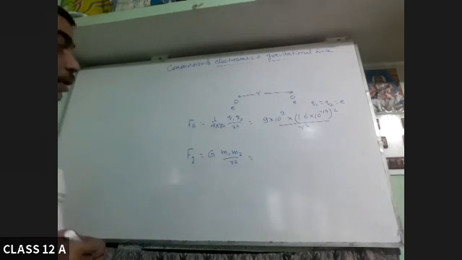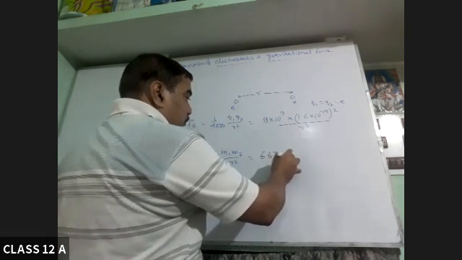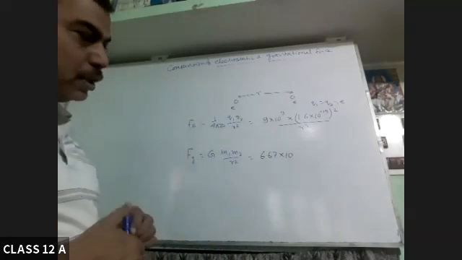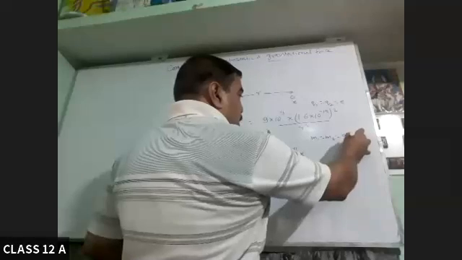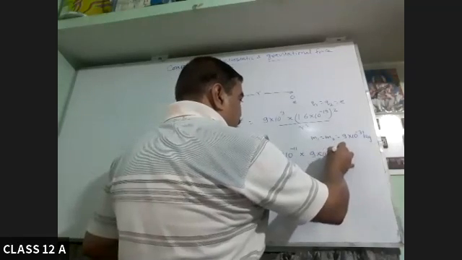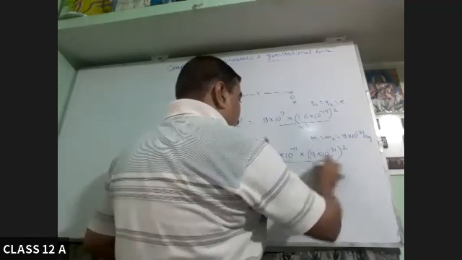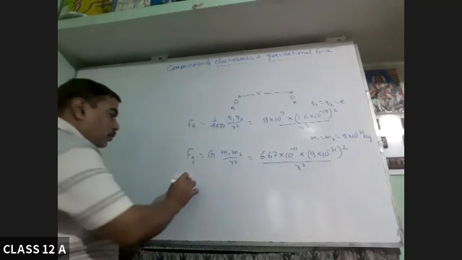What is the gravitational constant? 6.67 into 10 to the power minus 11. Mass of electron is 9.1 into 10 to the power minus 31 kg, so it will become 9 into 10 to the power minus 31 whole square over r square. So if we find this ratio,